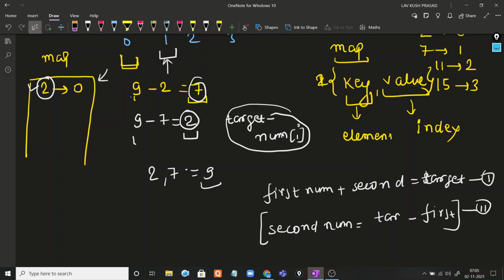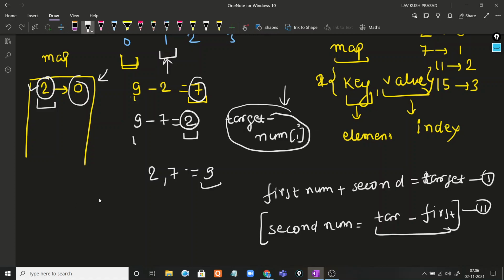So using this equation, target minus nums[i], if it is present in the map, then we will save the indices, because here we put the index against its corresponding value. So we have the index for every particular element, and if we find it, we store it in some data structure like an array, or we can also use a pair, and then we return.